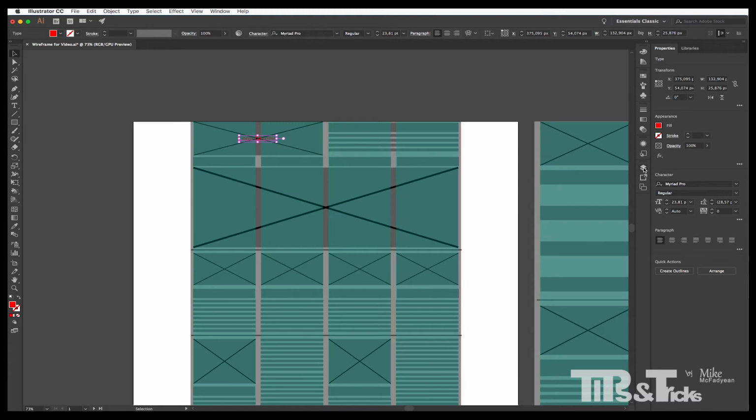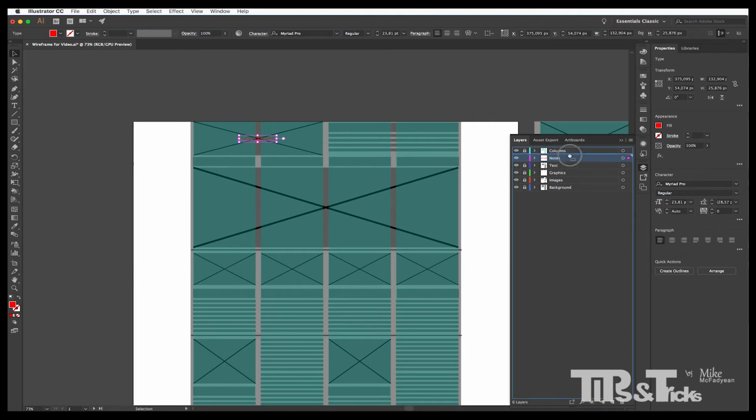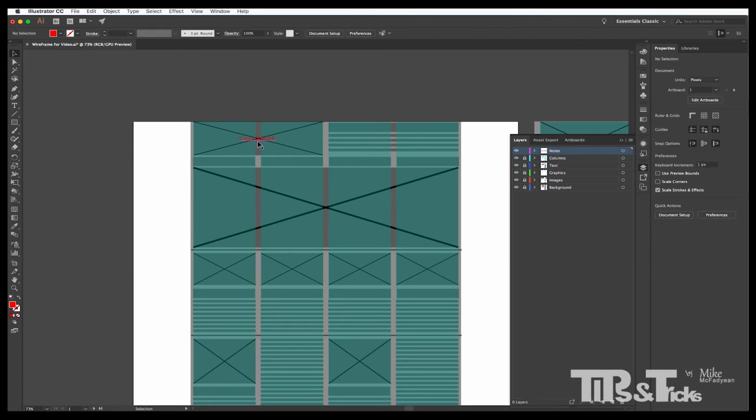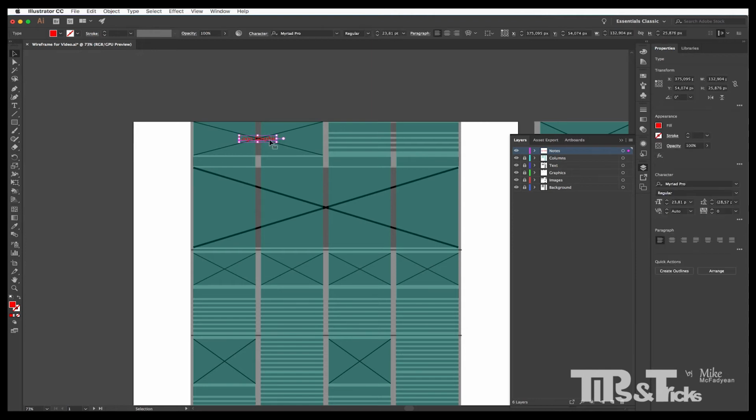And I'm actually going to change the arrangement of layers, so the notes layer is above the columns layer so that it's more readable, and I really don't think that red is that readable against the turquoise, so I'm going to change that to yellow. Okay, that's much better. So then I'm going to duplicate that across here,